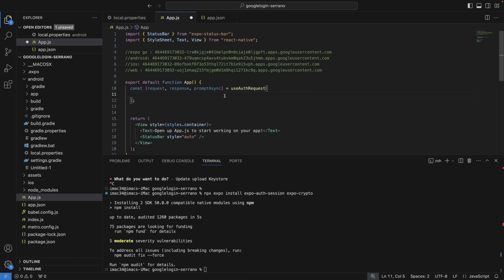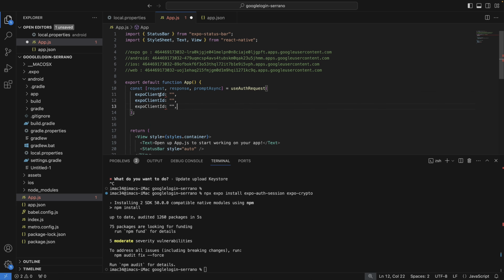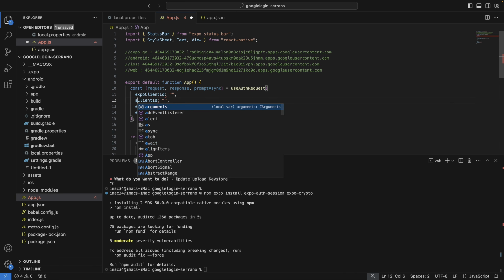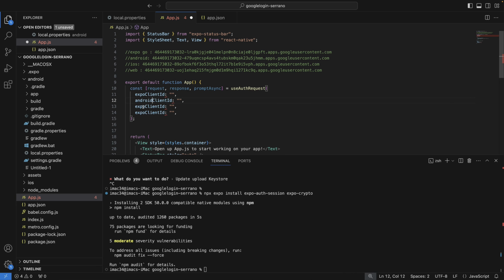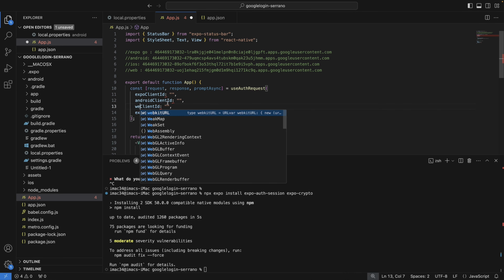Then we are going to add the client ID for Expo, Android, iOS, and web. For Expo, let's type expoClientId and copy this first. Rename it to Expo. The second one is for Android. The third one is for web.